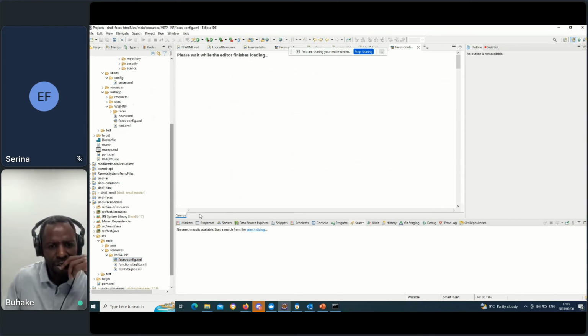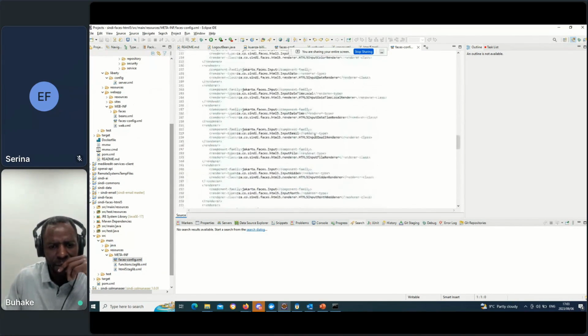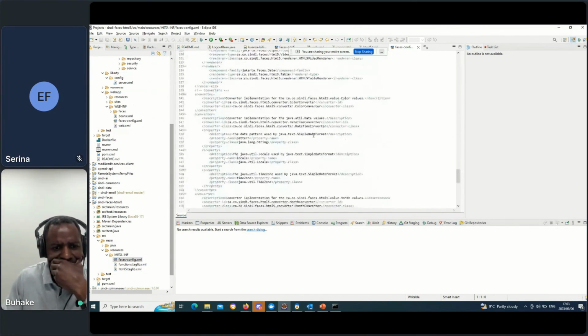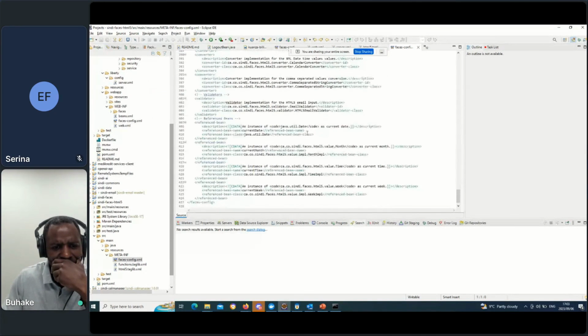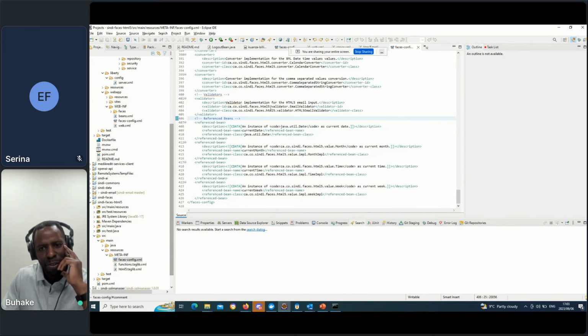What is faces config? Your faces config, here, if I'm not mistaken, no, your converters are still the same. Here, previously it was called managed bean. So managed bean has changed to reference bean. There's one thing you need to look at: if you want to create your own custom tag library for JSF, change that to reference bean.